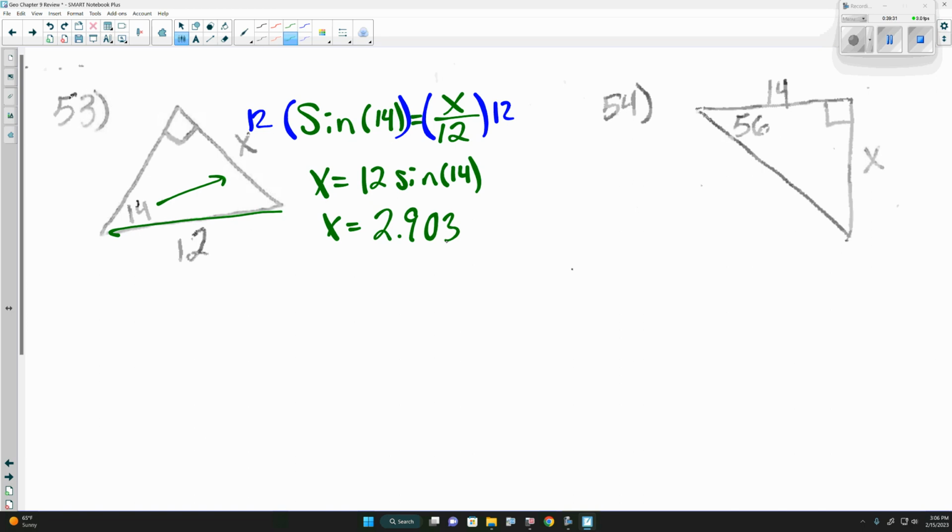So if we look at 54, we have the angle 56, yes? Well, the side that's not given to us is the hypotenuse. If we're not looking for it and it's not given, I'm not worried about it. So all we're left with is the opposite side and the adjacent. Sine is opposite over hypotenuse. We have the opposite side, but we don't have the hypotenuse, so I'm not using sine. Cosine is adjacent over hypotenuse. Still, we don't have the hypotenuse, so we're not going to use cosine, which leaves us with tangent of 56 is opposite